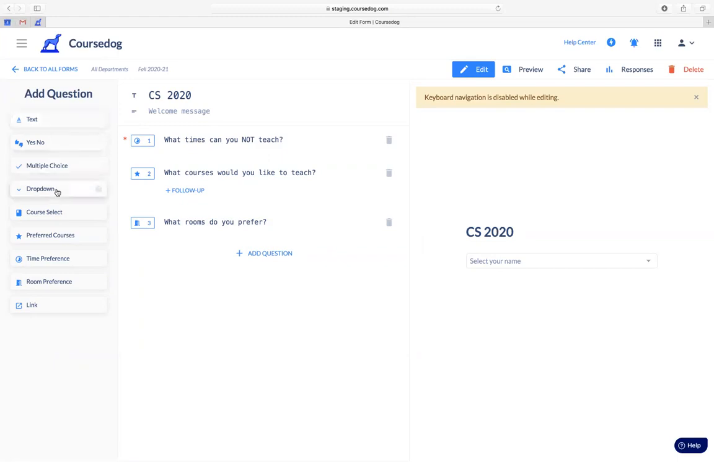If we come down here to these preference questions though, preferred courses, time preferences, room preferences, these are like what we saw here in these questions. These actually link to the Coursedog algorithm that will suggest specific times and rooms and instructors when you're actually scheduling your sections. So if I wanted to drag in or click on a preferred courses question,